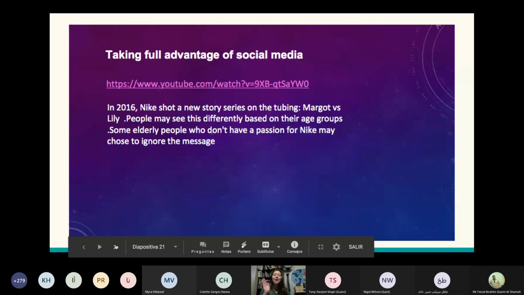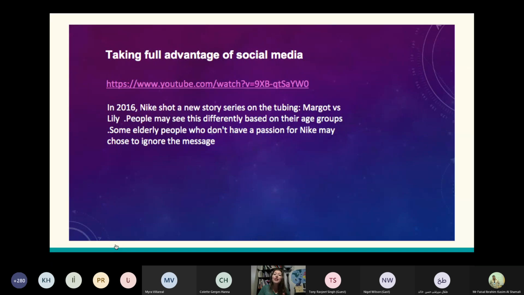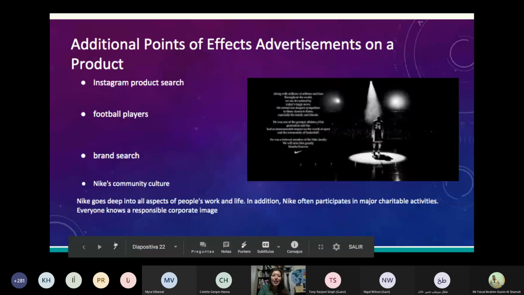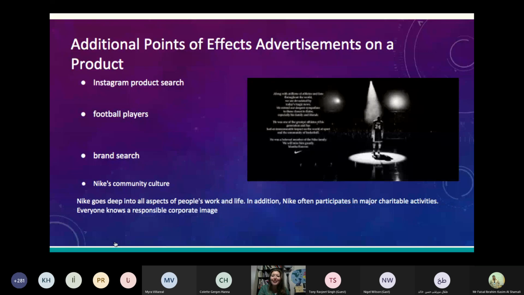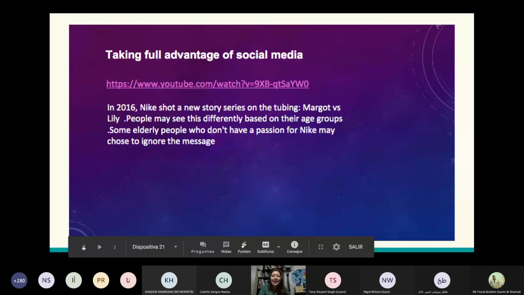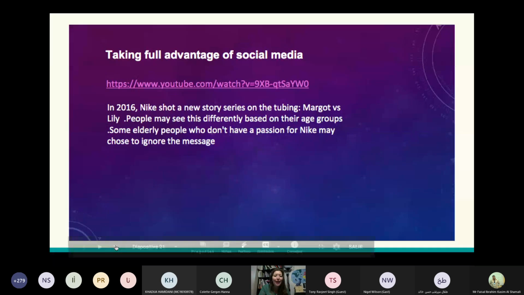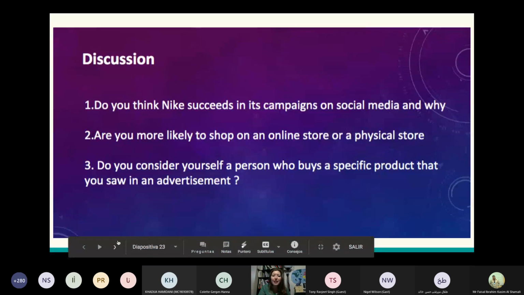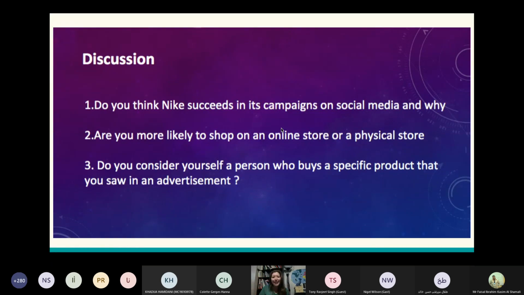Okay. So another one is a couple of my students looked at Nike and how Nike is being used on YouTube and also via Instagram. And they wanted to look at how the different advertisements were used. And so Instagram is used more pictorial, whereas YouTube, you're going to see more of a story playing out via video. And they looked at all different types of Nike campaigns and how they're used on social media.